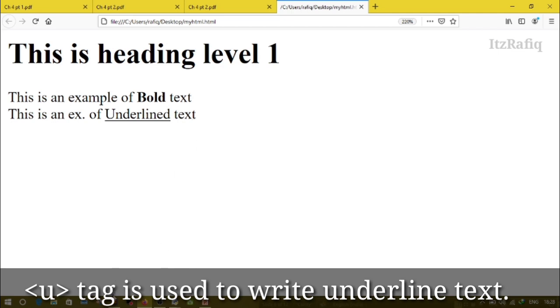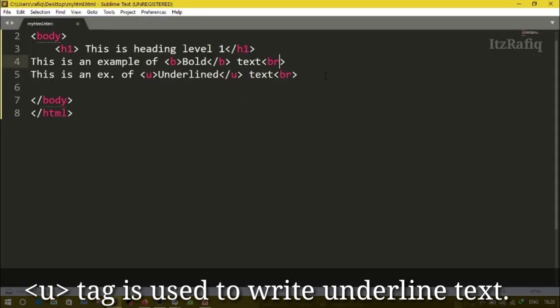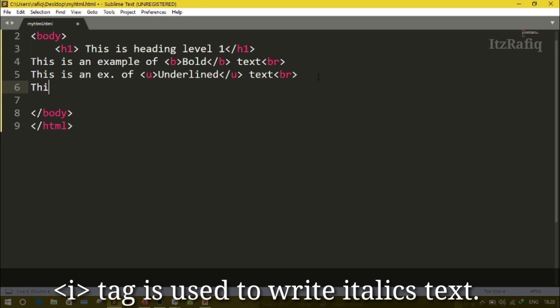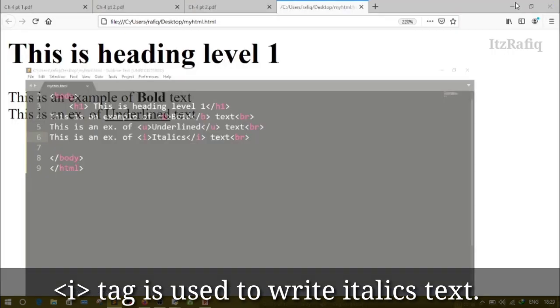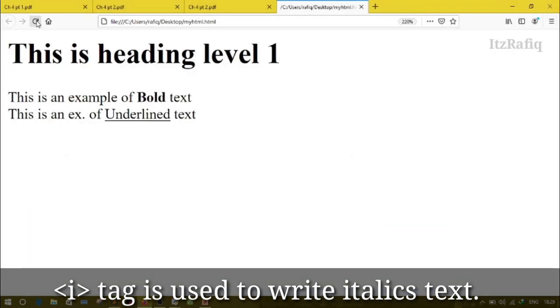And if you want to display something in italic form, then you can use the I tag. So for example, this is an example of italics. For italics we will write I, italics tag, then BR for a new line. Save it and reload the page.